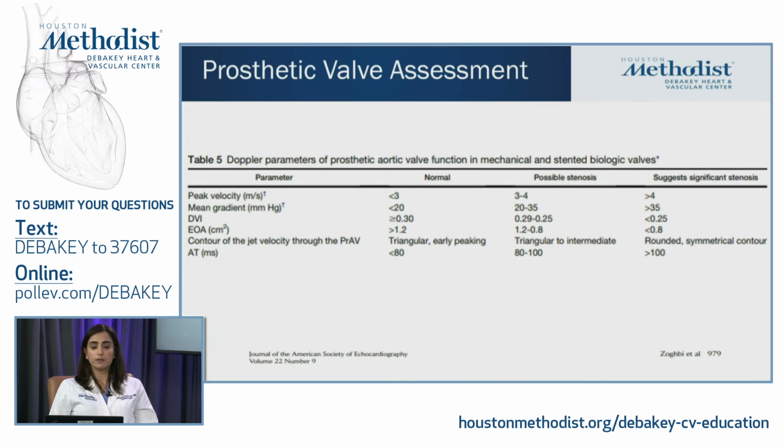So this is from the guidelines put forth by our very own Dr. Zoghbi. When we assess prosthetic valves, we look at various parameters and indices. We don't take one in isolation of the other. So we look at peak velocities, mean gradients, DVI ratios, along with the contour of the Doppler signal and our acceleration time. So in our case, our velocity was 3.8, within the range of possible stenosis. Our mean gradient was high, at 38, and our DVI came out to be 0.4, which actually falls in